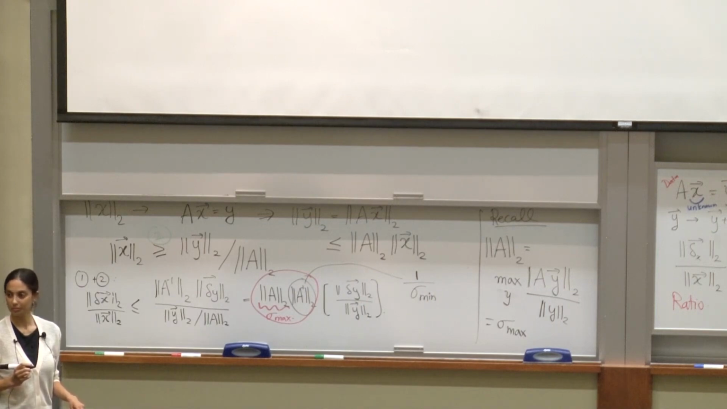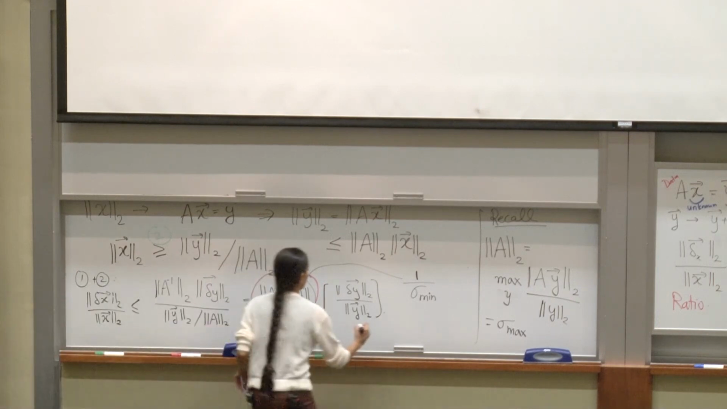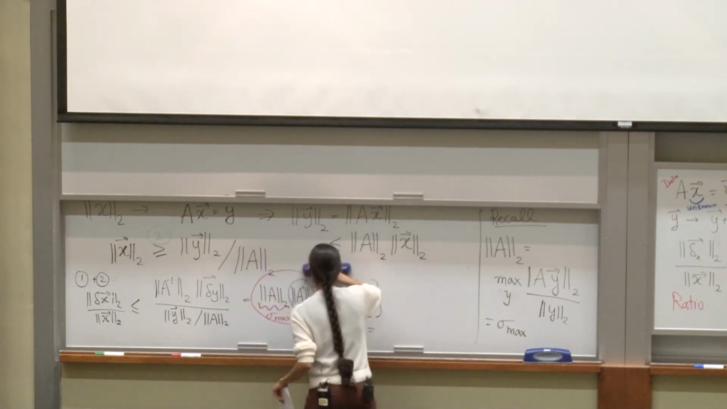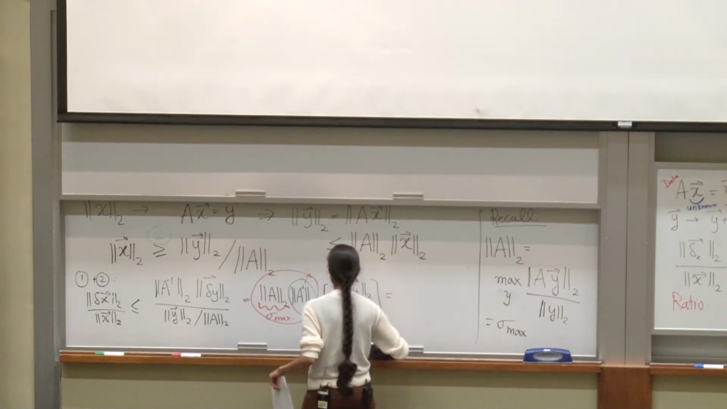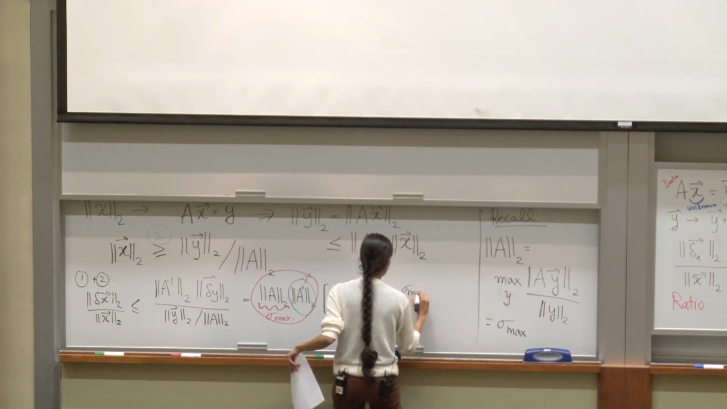Does everyone see that? And remember that A is invertible, so it has no 0 singular values, right? We're assuming this here in this calculation. So it's legitimate to take 1 over sigma min. Okay? This means that we can write this, I'll erase this and just write this as sigma max over sigma min